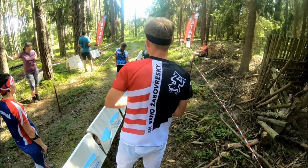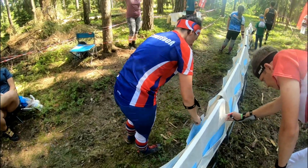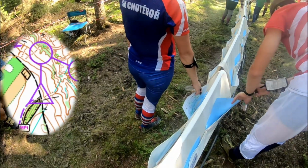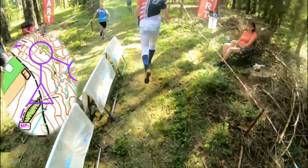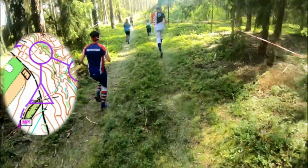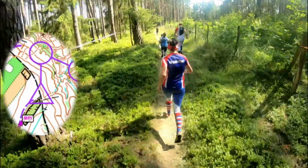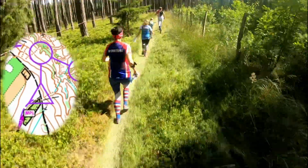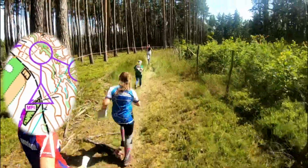So here we are at the start in this pine forest with a lot of blueberries and mainly these gullies. So this was a very technical race. I was expecting that because in this area, I mean, in a similar area, we ran the day before, and